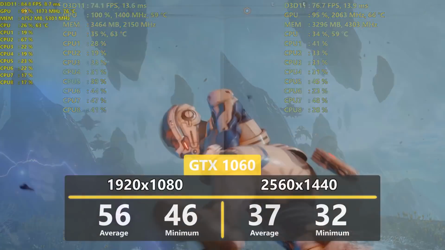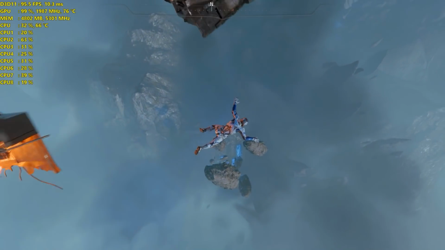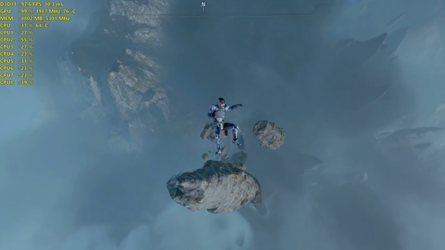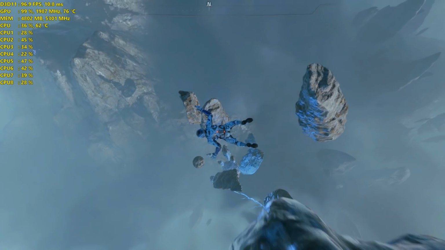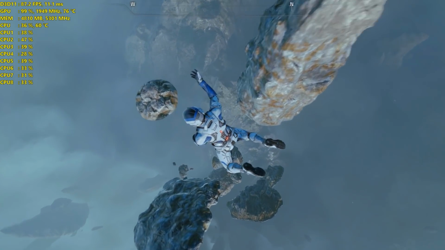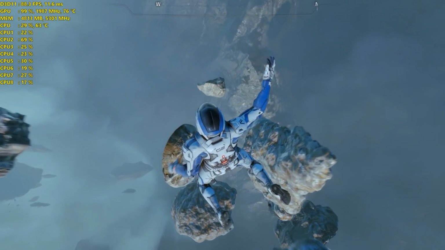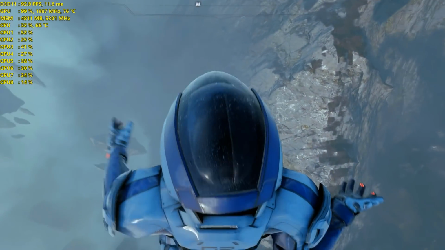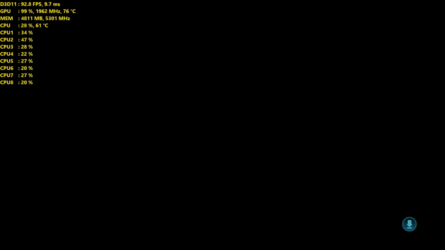And this game is just really, really taxing. You can see the area I'm going through in the game, it's just a lot of effects going on, lots of foliage and particle effects on the screen and everything, and it's a really gorgeous looking game. So it takes a very powerful GPU if you want to max this out. So I would look at running on something like the high preset maybe if you're using something like a 1060